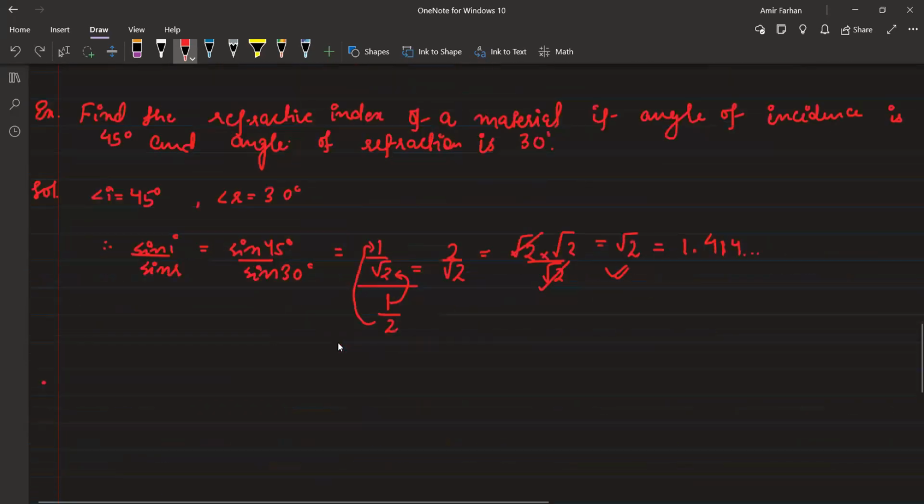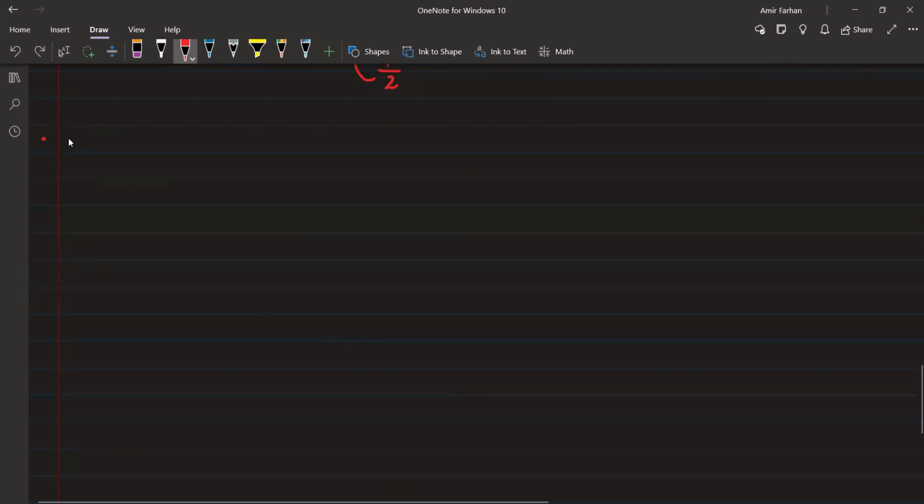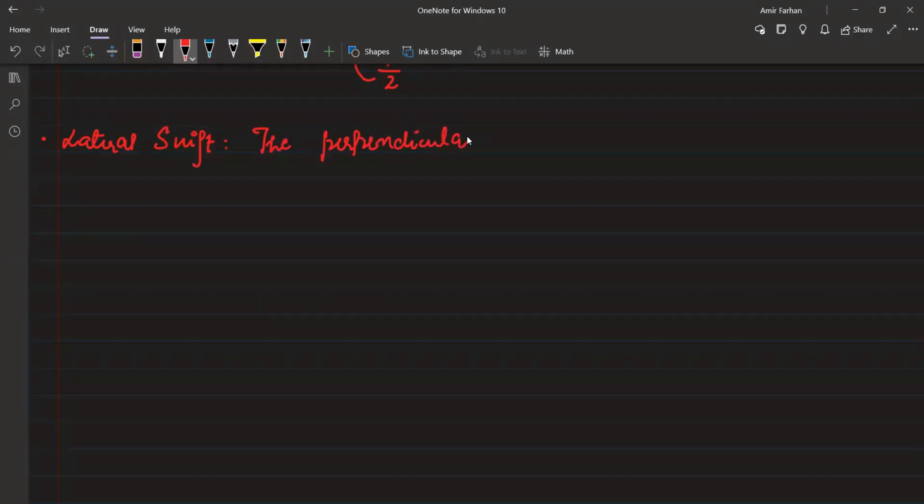So let's start with the term lateral shift. Lateral shift is the perpendicular distance between the original